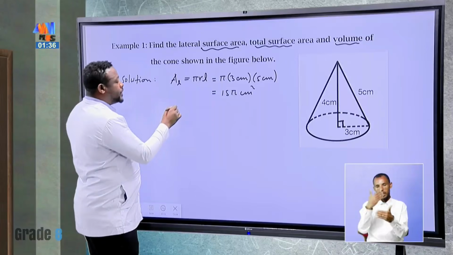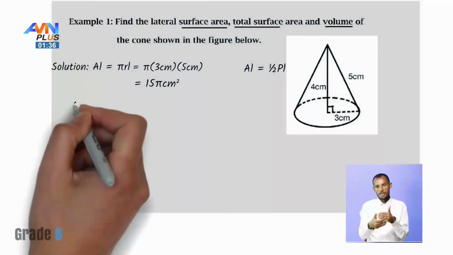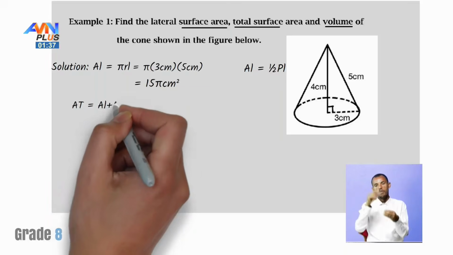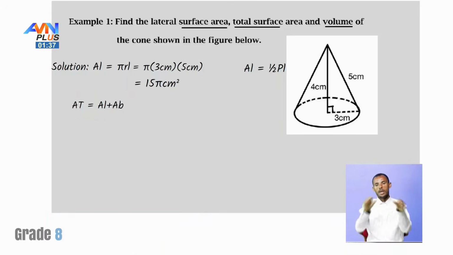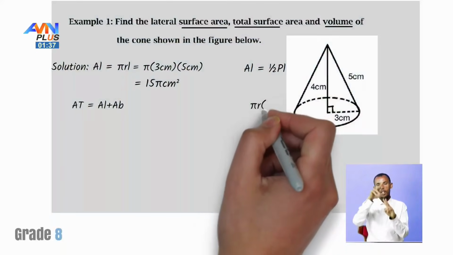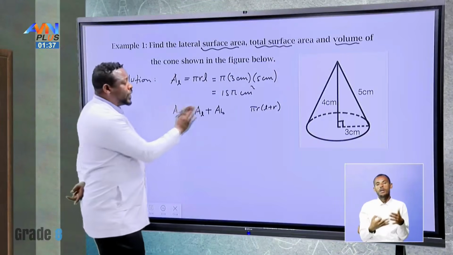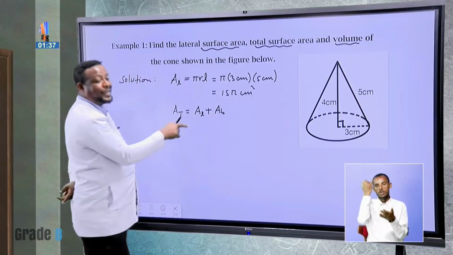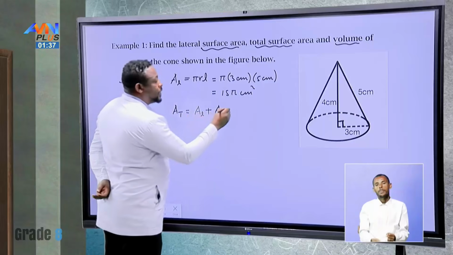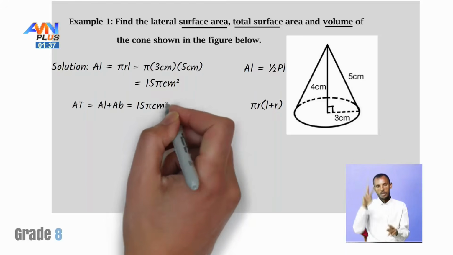The next one is the total surface area of this cone, which is the sum of the lateral surface area plus the area of the base. You can use the formula pi r into L plus r, but usually you may forget this formula. So you can directly use this concept as it is: the sum of the lateral surface area plus the area of the base. The lateral surface area is already obtained, which is 15 pi centimeter square, plus the area of the